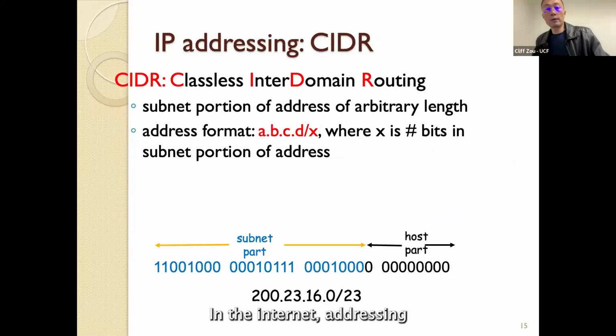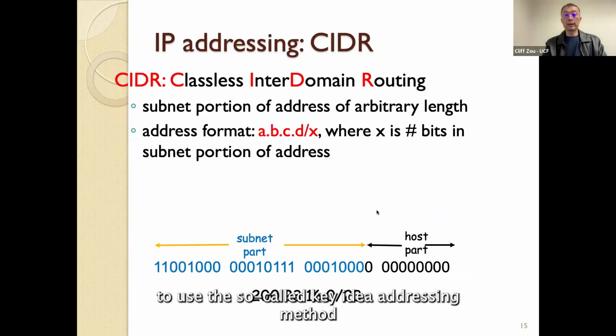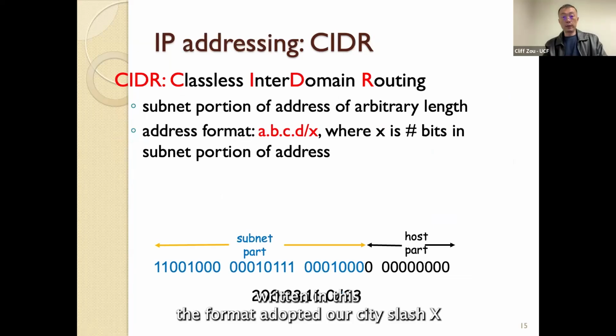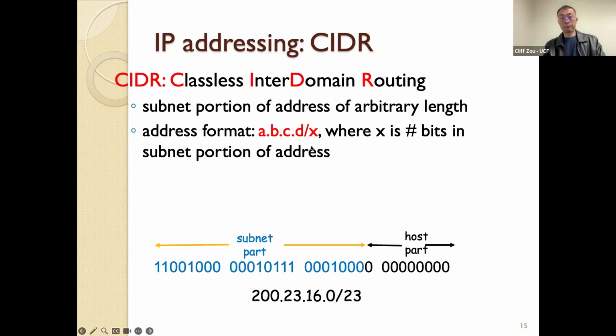And in internet addressing, it uses the so-called CIDR addressing method, classless inter-domain routing. A subnet is written in this format, a.b.c.d/x, where x is the number of bits in the subnet portion of the address. Like this,